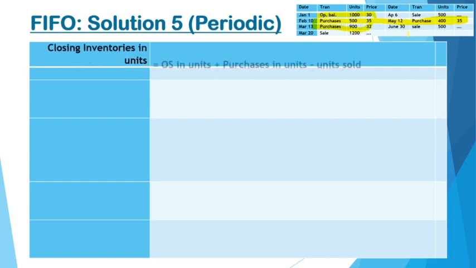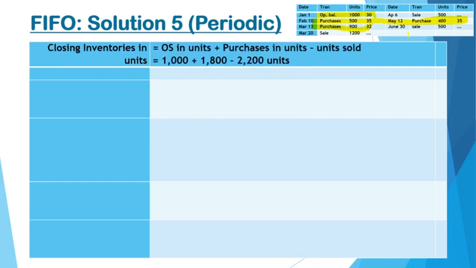So your closing inventory will be opening stock plus purchases minus units sold. It's in unit terms, so that gives us 600 units. Now FIFO method says first in first out. It means your inventory should be from the latest lots. Now when you look at the latest lots, what we find here is that we have the latest lot of 400 units, isn't it? So this lot will be fully there in our stores, but still we have a gap of 200 units here.